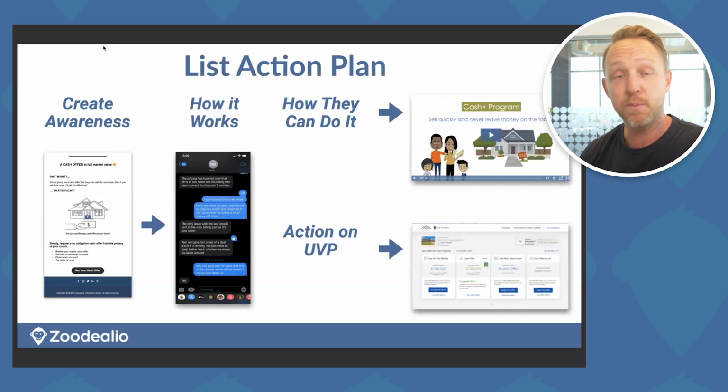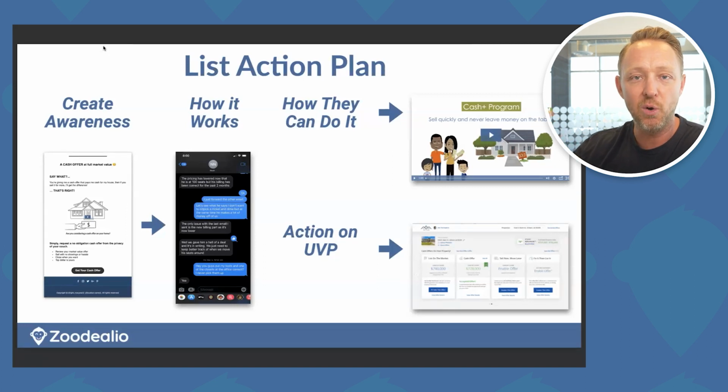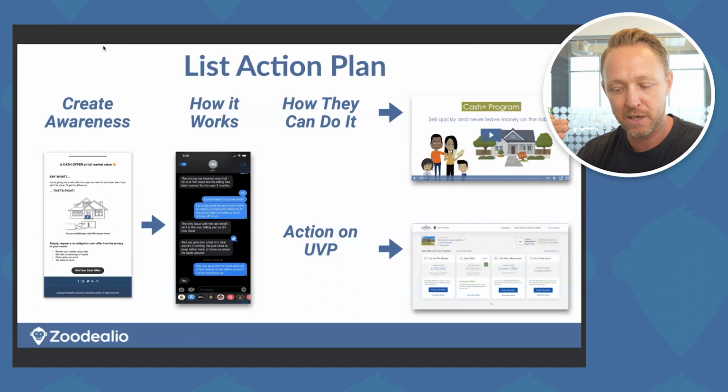Hey, did you know that this particular offer, or the Cash Plus, allows you to flip your own house? What do you mean, flip my own house? Yeah, it's a really cool opportunity where the cash buyer comes in, buys the house, then rehabs the house, sells it on the open market, and then gives you back the profit. I'm sure you're saying, what? What's the catch? Right? These are the types of messages that you want to interact with these people with and showcase the value proposition, because again, it's that true unique UVP that's going to make a difference.